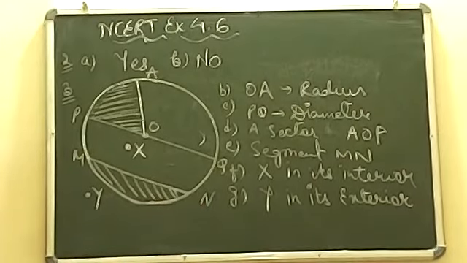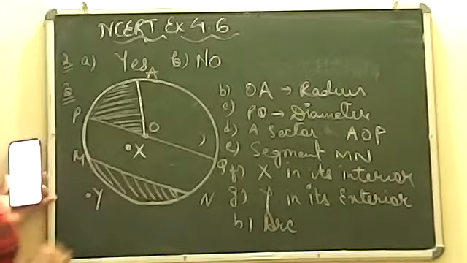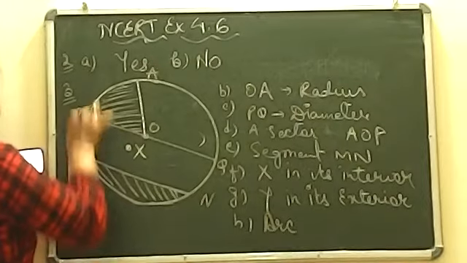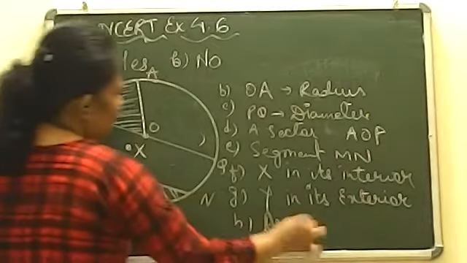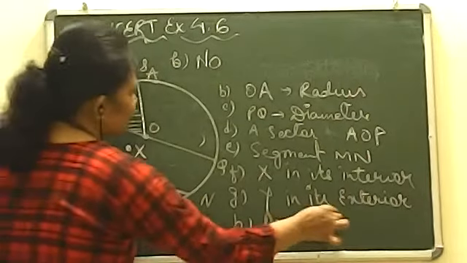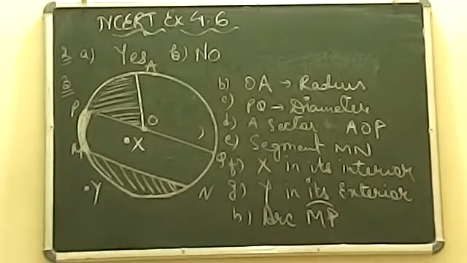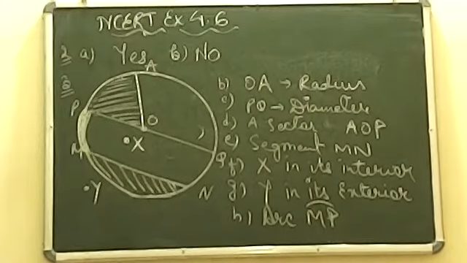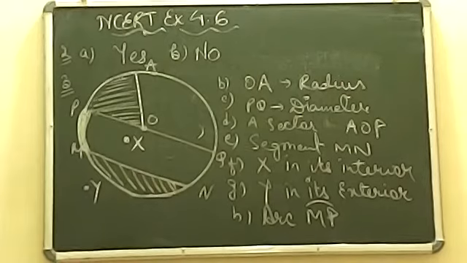Now the last but not the least, it is telling you have to draw an arc. So arc के लिए बेटा हम कुछ भी ले सकते हैं. I am just shading this part. ठीक है, this one only. And name is PM or MP. So arc MP. Okay, this was the question which was there to draw. By using a circle, we have to represent everything on the same circle. A circle, a center, a radius, a diameter, a sector, a segment, a point in its interior, a point in its exterior, and an arc. We have taken everything now.